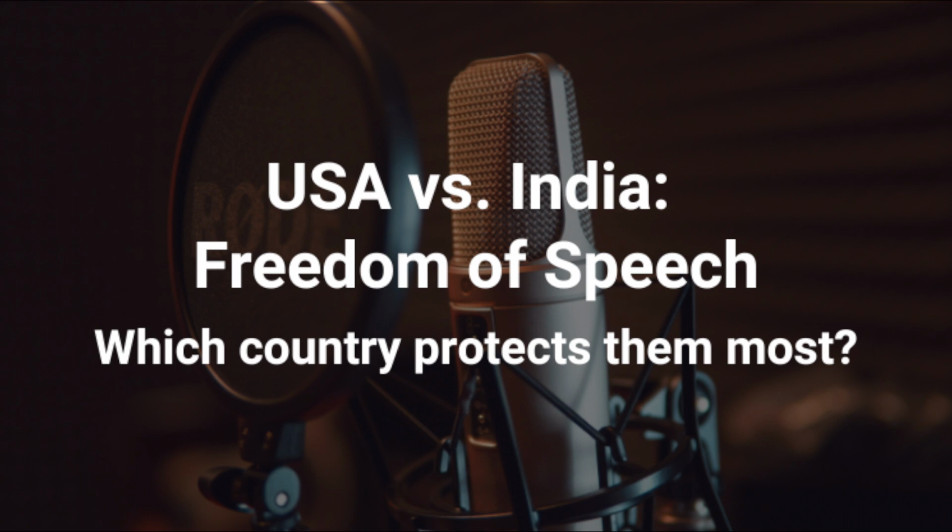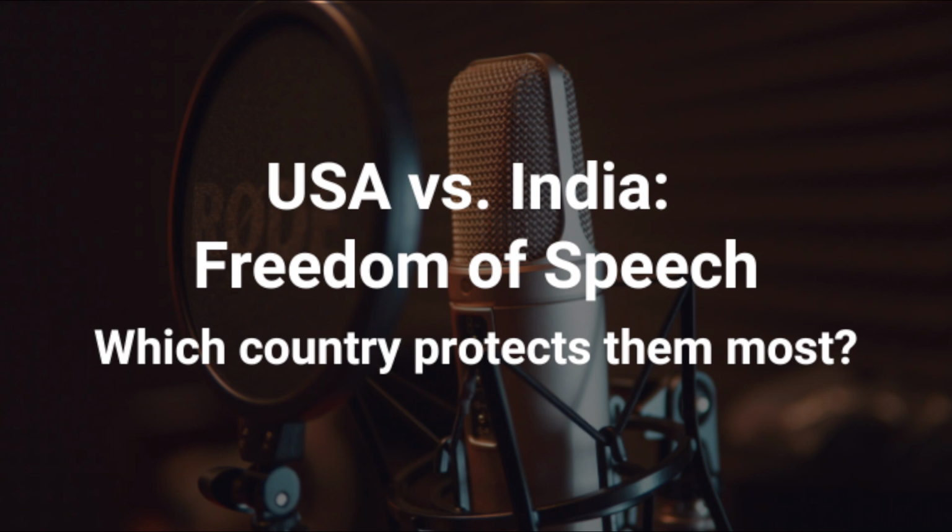Now let's turn our attention to India. The constitutional guarantee of free speech there is found in Article 19 of their constitution, correct? That's right. Article 19 guarantees the right to freedom of speech and expression to all citizens of India. However, it's absolutely crucial to immediately look at the very next part, Article 19(2). The crucial clause that outlines the reasonable restrictions. This is where we see a really significant departure from the American approach, isn't it?